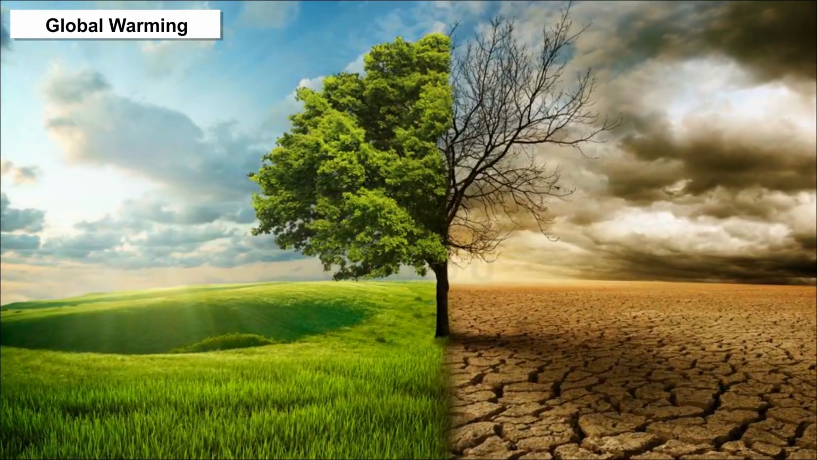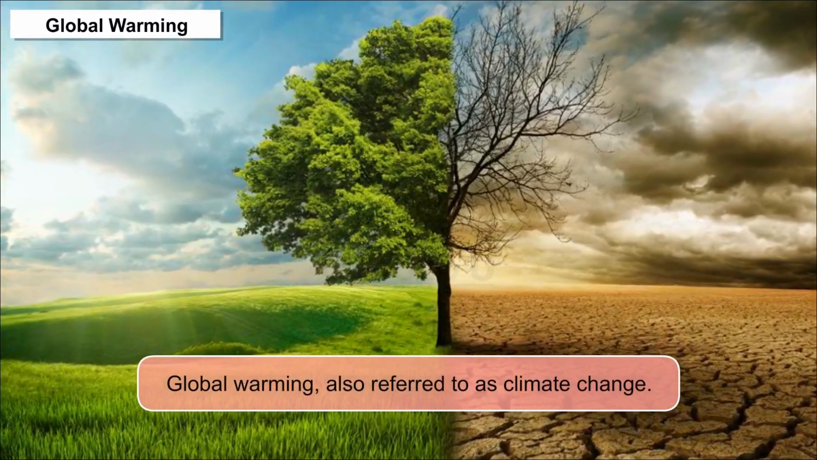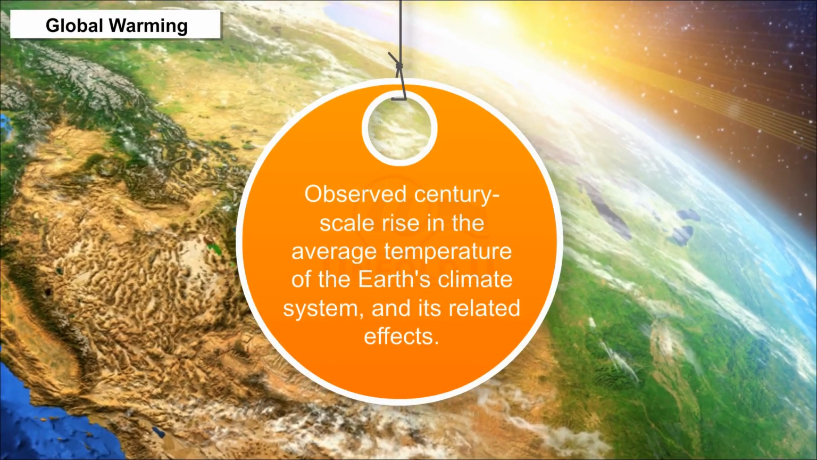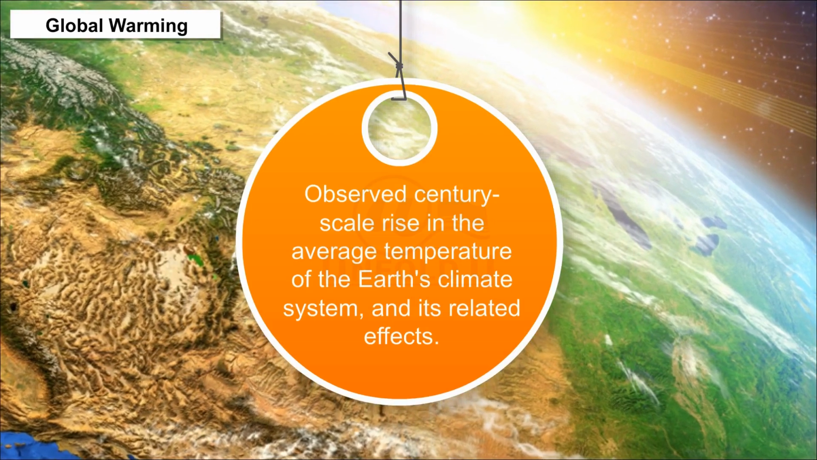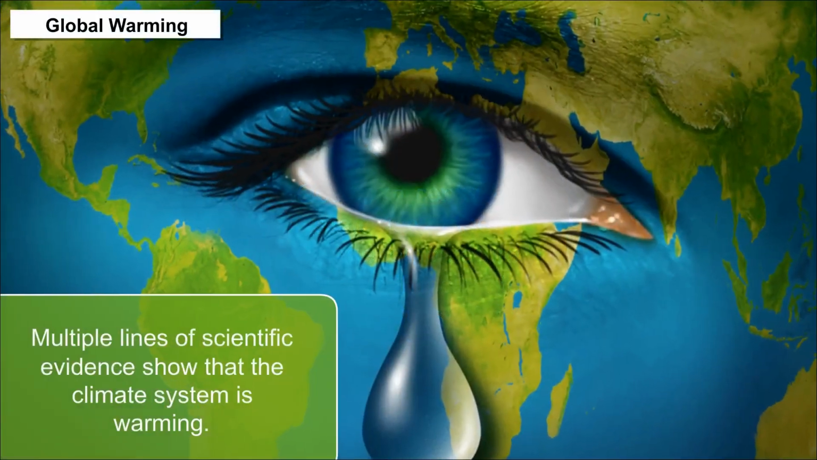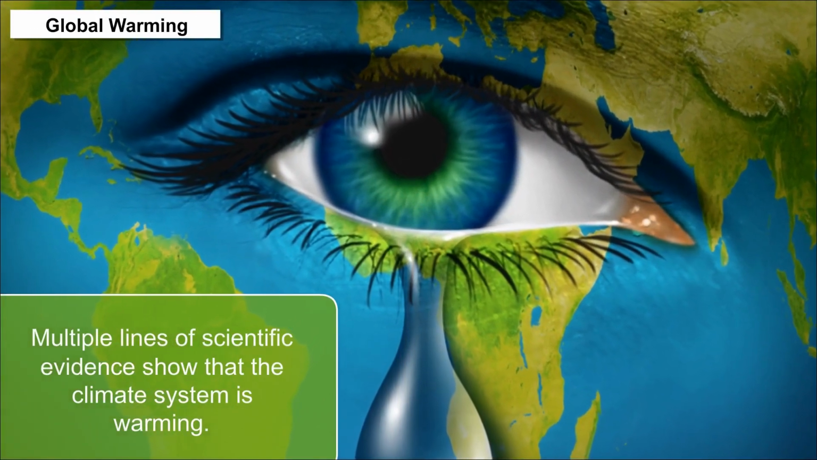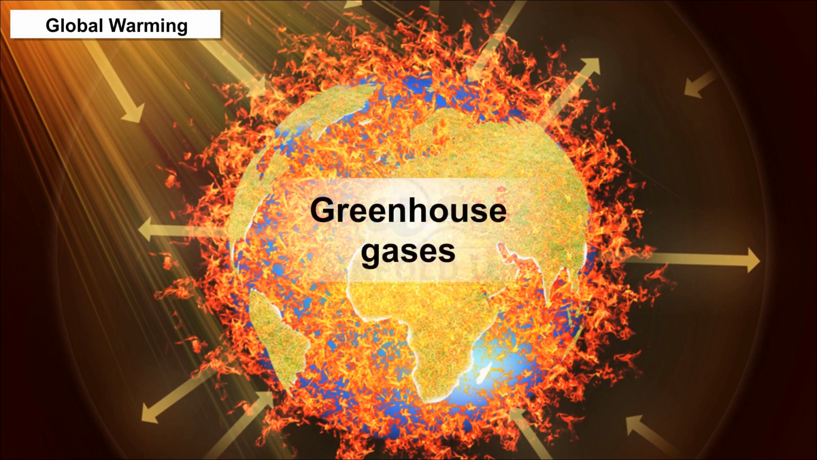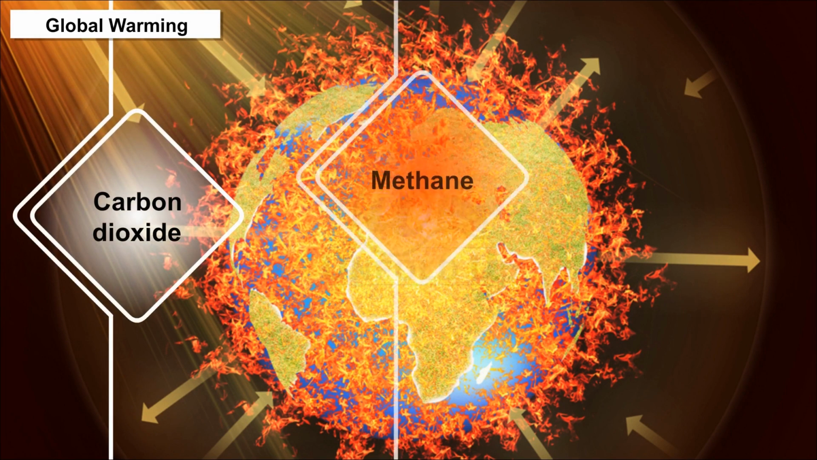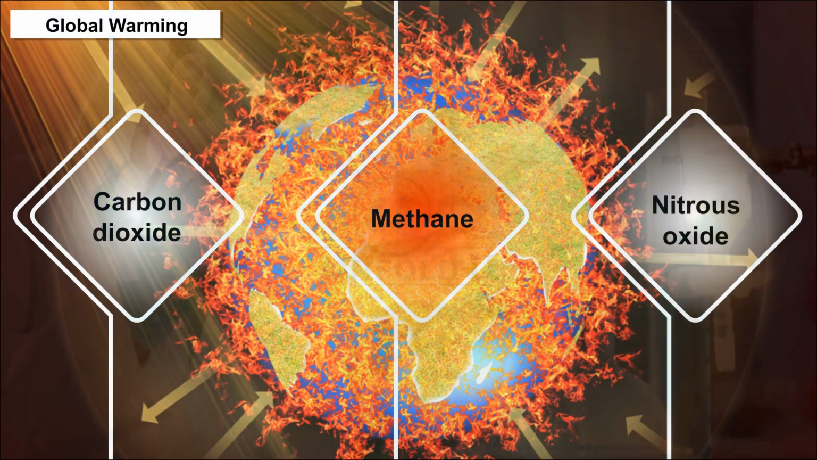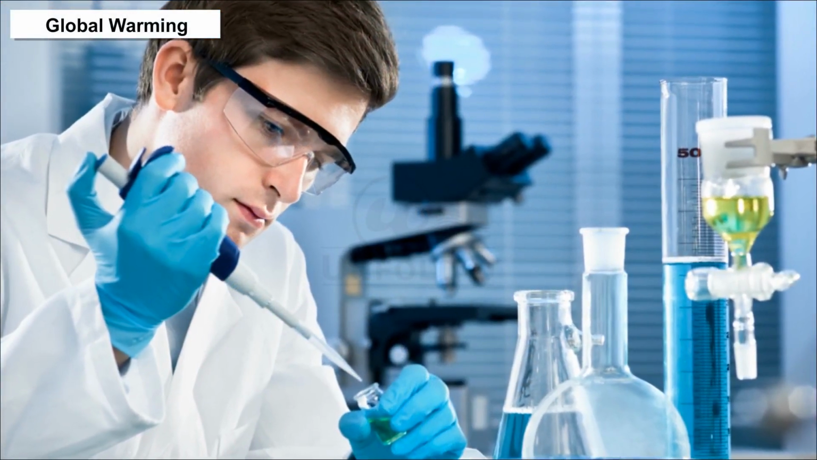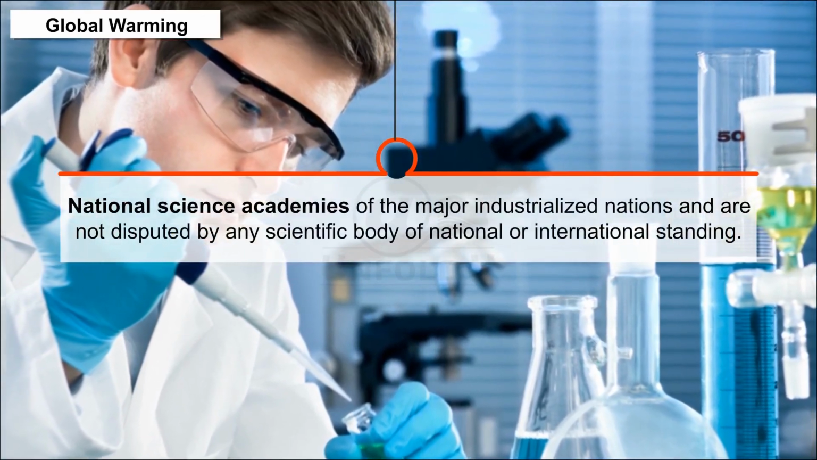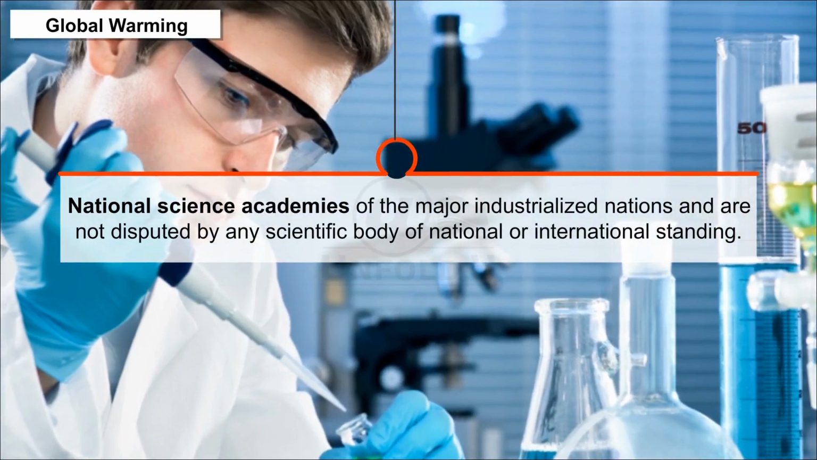Global warming. Global warming, also referred to as climate change, is the observed century-scale rise in the average temperature of the Earth's climate system and its related effects. Multiple lines of scientific evidence show that the climate system is warming. The largest human influence has been the emission of greenhouse gases such as carbon dioxide, methane, and nitrous oxide. Numerous findings have been recognized by the national science academies of the major industrialized nations and are not disputed by any scientific body of national or